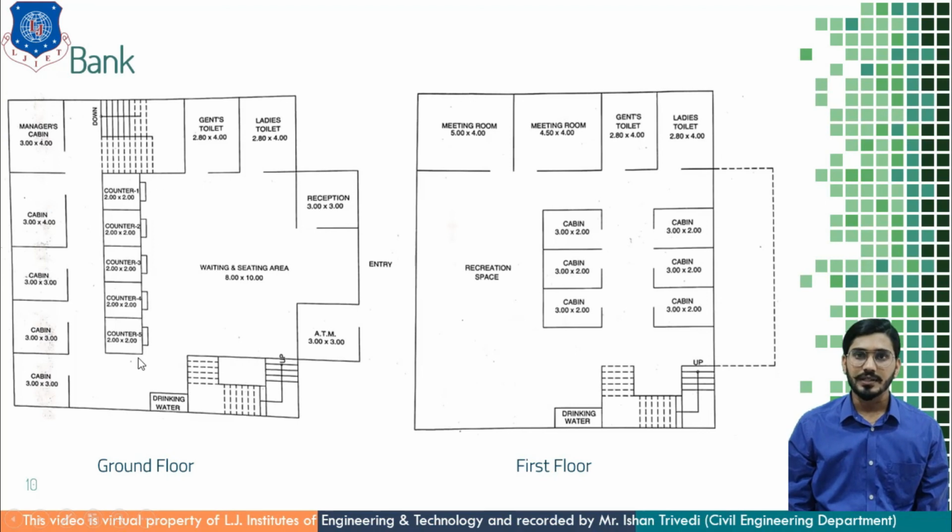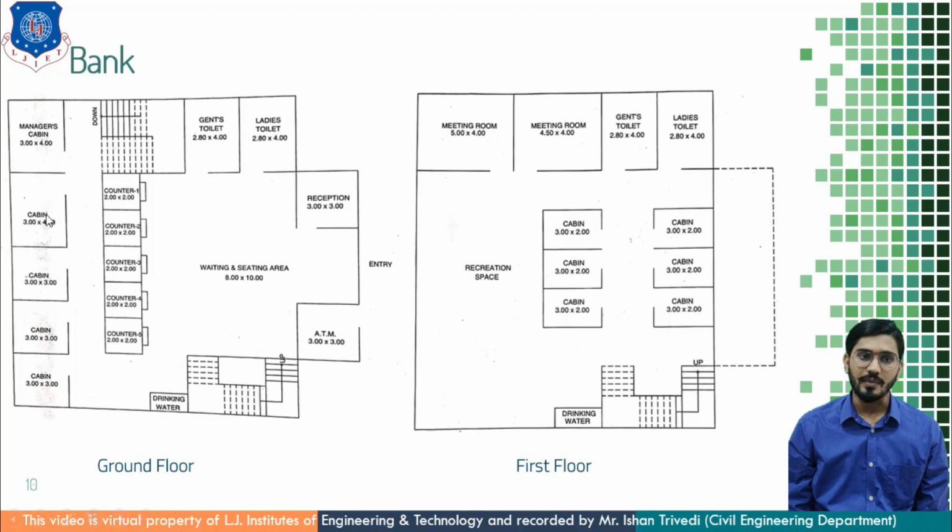Here these are the counters, or in my words, these are the single window clearance where all the give and take, all the deposits or taking out of money, or all the transactions are carried out. So if my work is up to this, this would act as a barrier and one can leave after doing their work. So you can restrict the entry of individuals to the manager's cabin or any locker room.